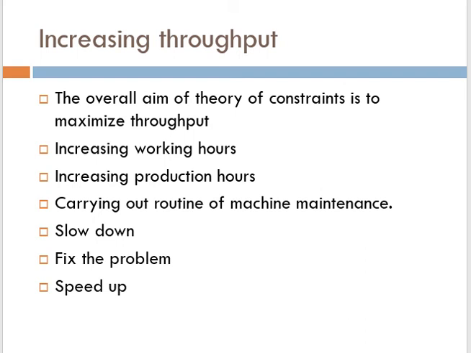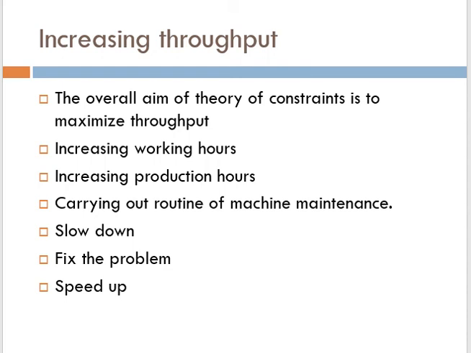Next, we will fix the problem. So when we want to increase the throughput, we need to fix the problem, to find out what, as we learned in the constraint, to identify the problem. So it is better to fix what the problem is first. By increasing working hours and production hours, if the machinery is not right, you should check whether the machinery is faulty or whether the employees are at fault. Both should be checked and replaced. If it is laborers, then training facilities can be given. If it is machinery, proper repairs and maintenance can be done.